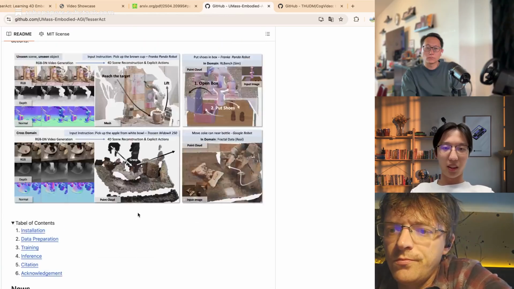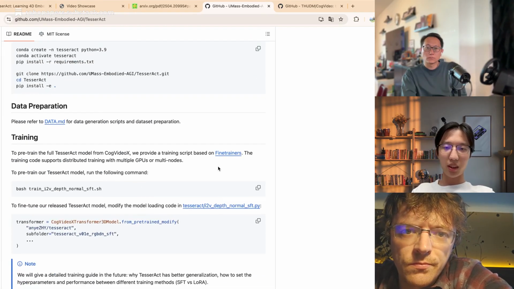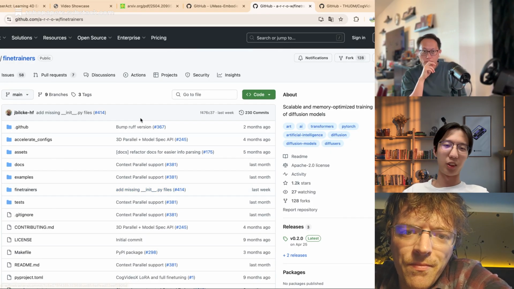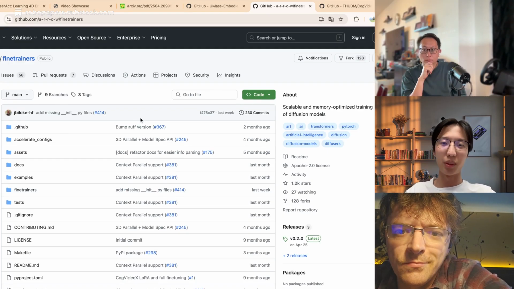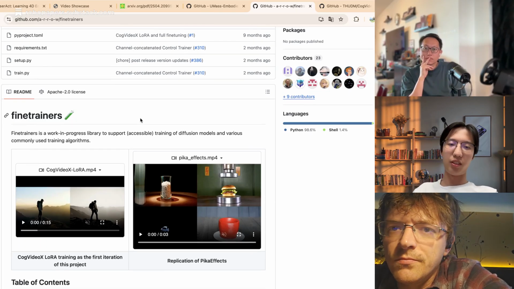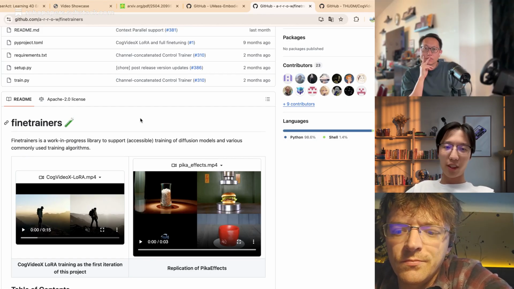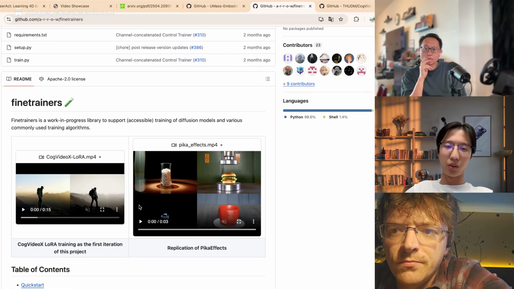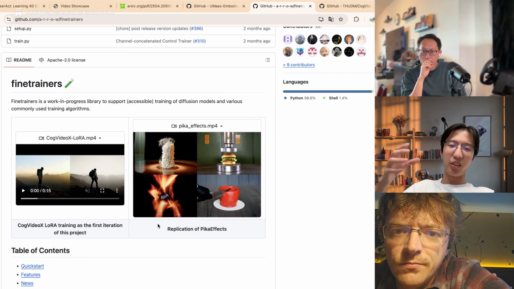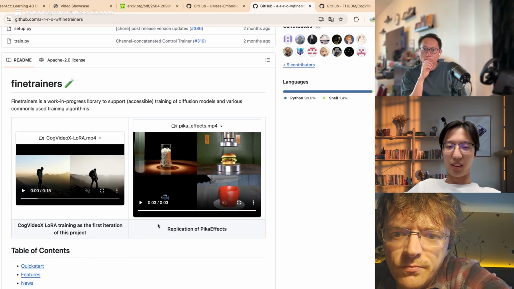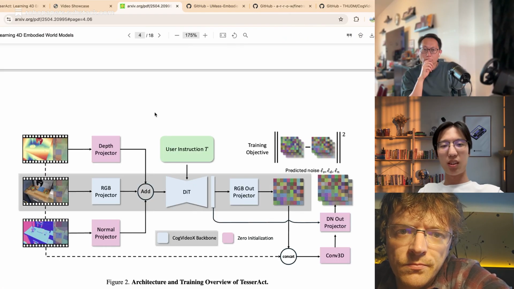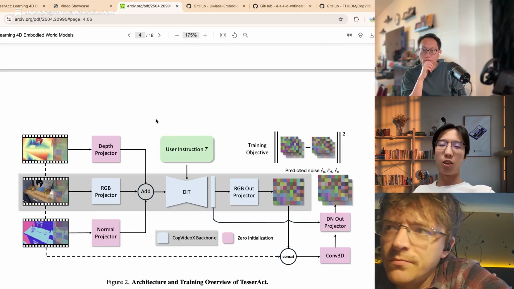Maybe like these repositories, FineTrainers is a great repository for training world models or diffusion models, and they find that if you want to fine-tune diffusion models, 50 videos is enough to replicate Pika effects like this. They only use very small video samples to replicate these effects. But for our project, we want to design a 4D world model.